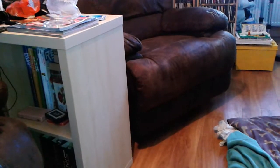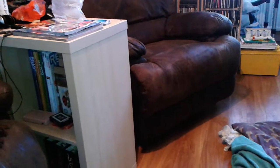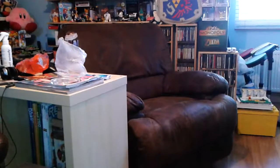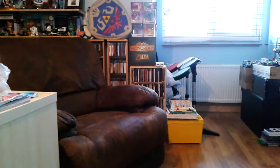IKEA, so handy for getting affordable furniture it seems. Product placement. So I have a lot of magazines and books and stuff there in that unit, and I just put my tea because you can't game without a cup of tea. But behind that seat, and I'm going to have to do a bit of moving,